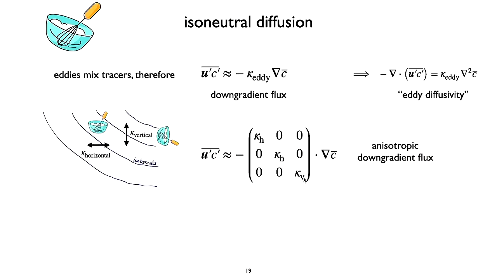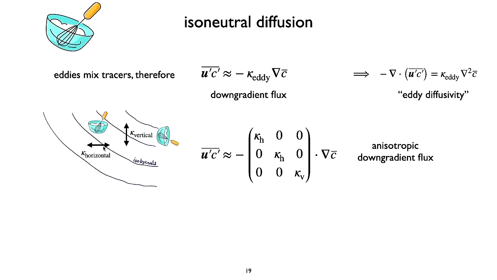Okay. So we expect, as I was telling you, that horizontal motions are more free and easier than vertical motions, so they will stir and mix much more. So I would put here, I don't know, 1,000, and here 1, or something that is much bigger in the horizontal than in the vertical. If we are doing that, we are assuming that there's different mixing happening in this direction compared to this direction. Okay.